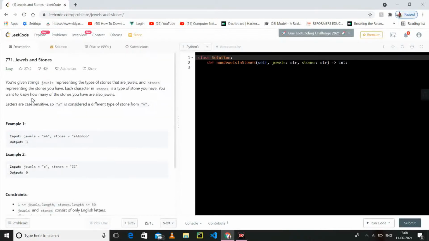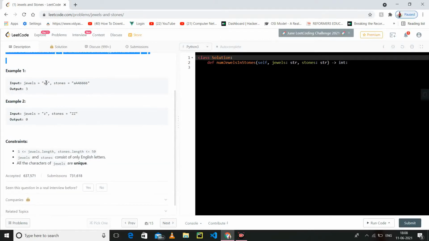Okay, so I've already solved it, so I know what the question actually wants to say. The question is saying you have to find the number of... actually, in simple words, how many small a is present, how many capital A is present, how many small j is present in this.